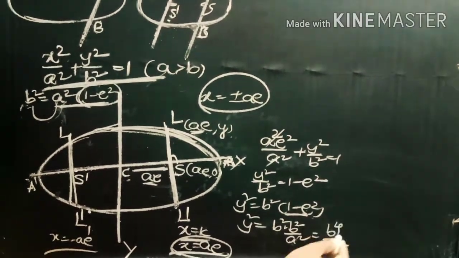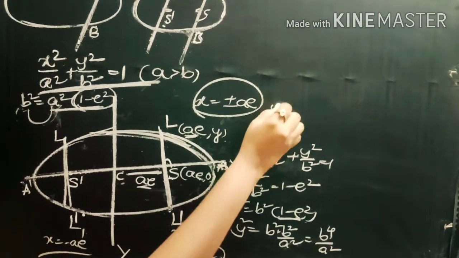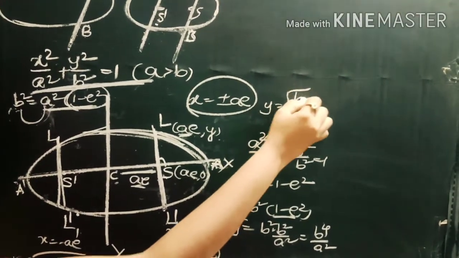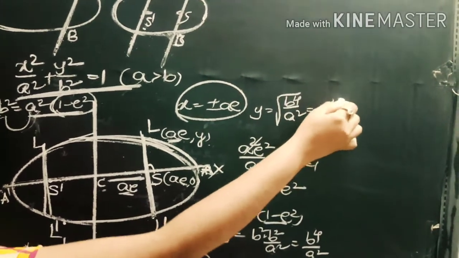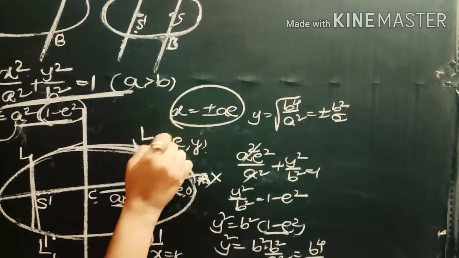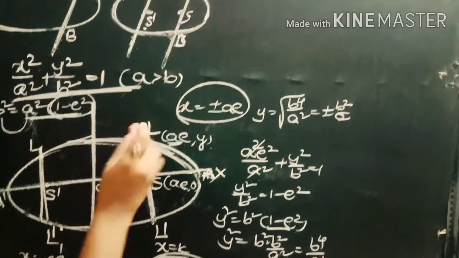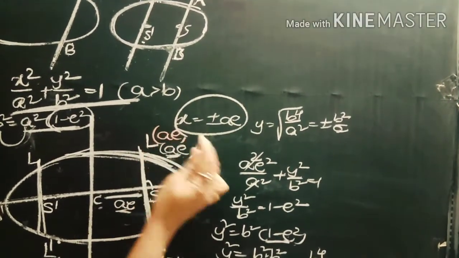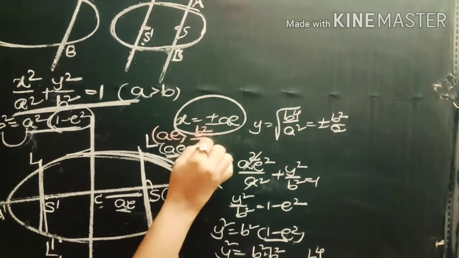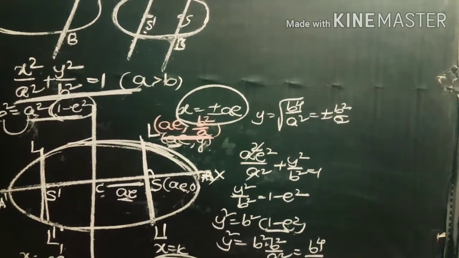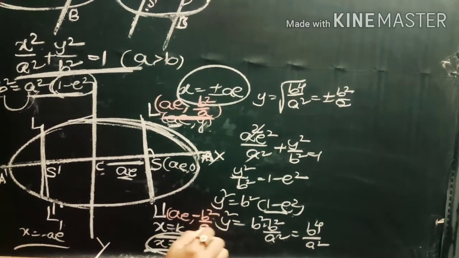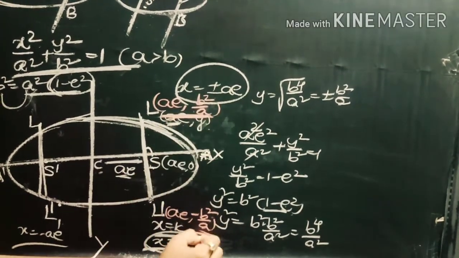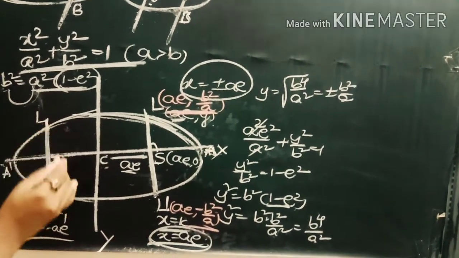Now this is equal to b power 4 by a square, then the value of y is equal to the square root of b power 4 by a square, which is taken as plus or minus b square by a. Therefore, the endpoints are taken as follows. The first point is ae comma b square by a, the y value. Now this is the first endpoint, and the second point is ae comma minus b square by a. Now here the endpoints are like that, and coming to this case here,